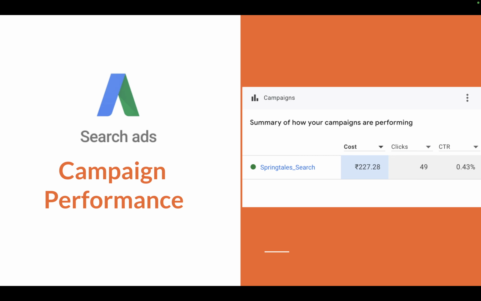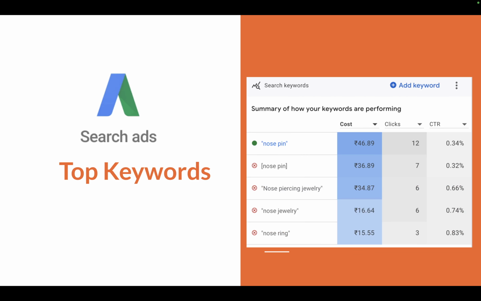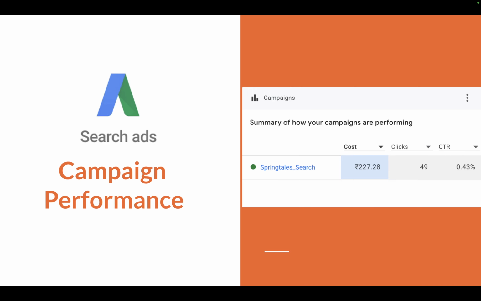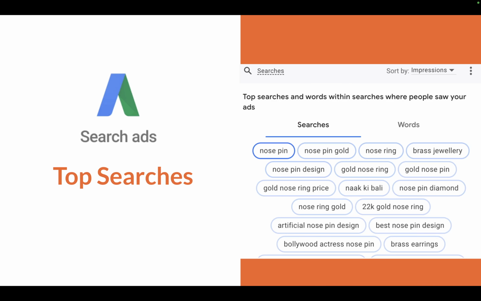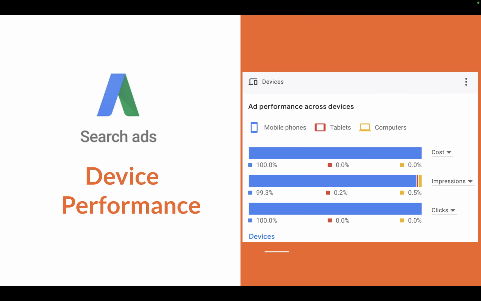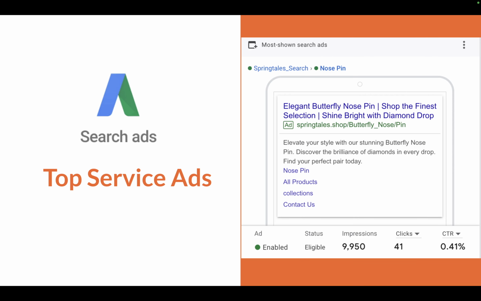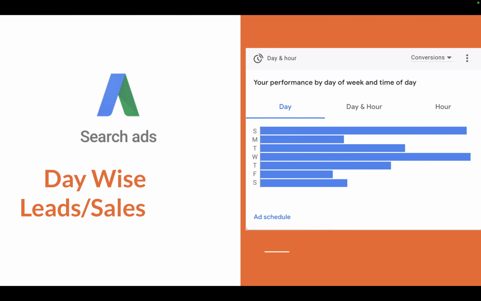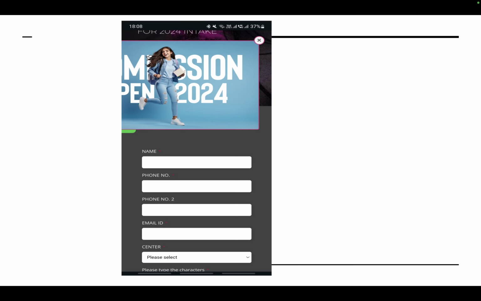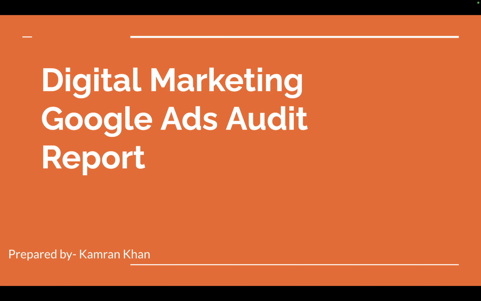You have to go through all the pages of the account, all the search ads of that account, maybe all the campaigns that you have in that account, then the searches people are actively searching, the performance against the devices, the ads that are running in the account, the day-wise leads. So it's all about getting through the entire account, and then you decide how exactly you can create an audit